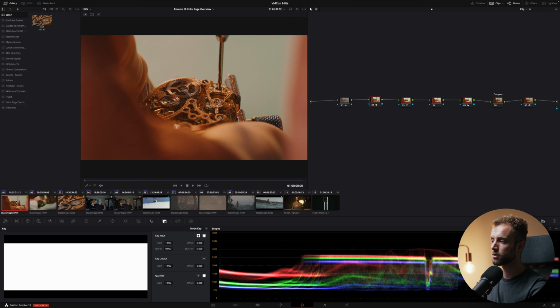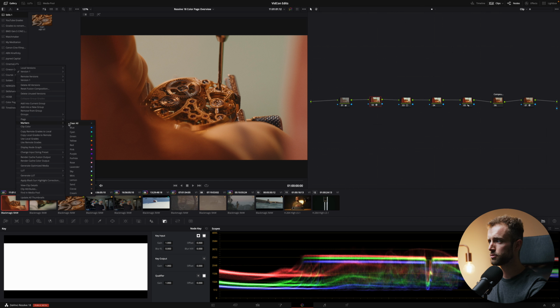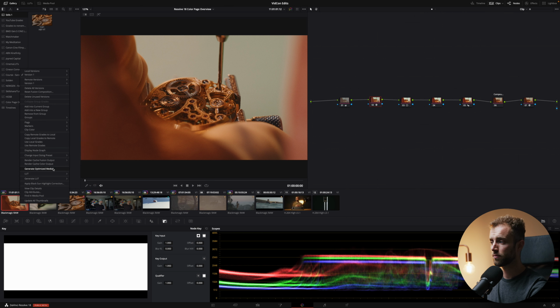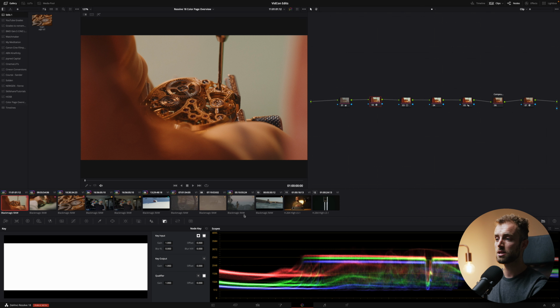If I right click on the first clip, you can see a bunch of options. All right, so the most important ones are, of course, the group options that I talked about already. You've got your different groups that we made. You've got your flag options, marker options, which I typically don't use in the color page because I probably already used it in the edit page. All right, clip color, and then there's a bunch of other options. The one that is really nice is the generate LUT option. The 33-point cube is the one you want to get if you want to export your own LUTs based on this grade. All right, so that is it for the clip section.